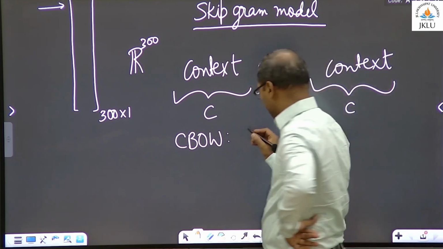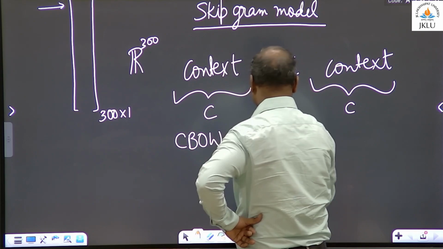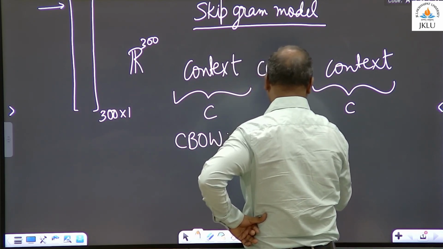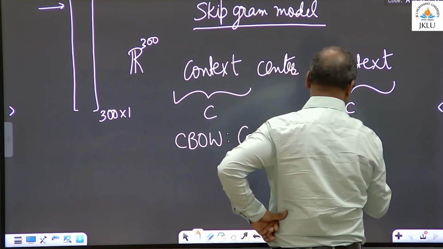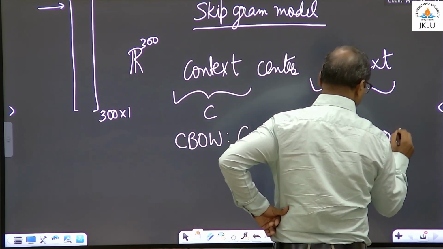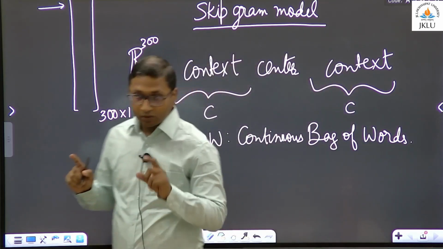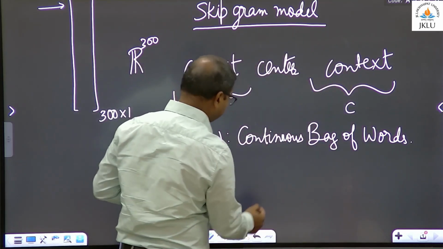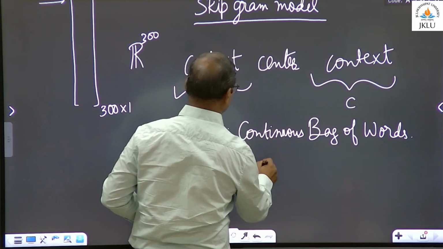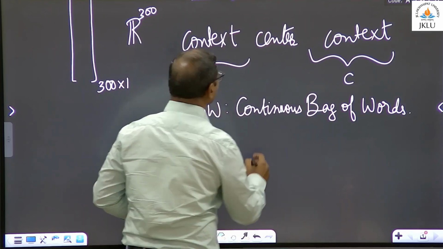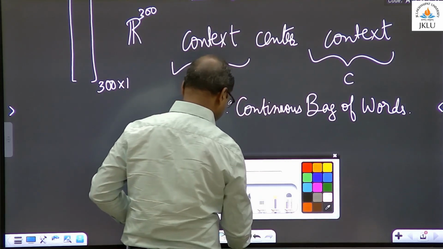Right, bag of words, right? So continuous bag of words. So what they say in this case, and in the same paper by the authors, right? So what they do in this case is,